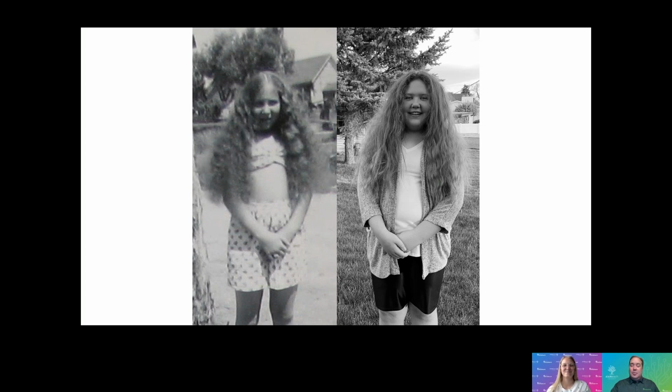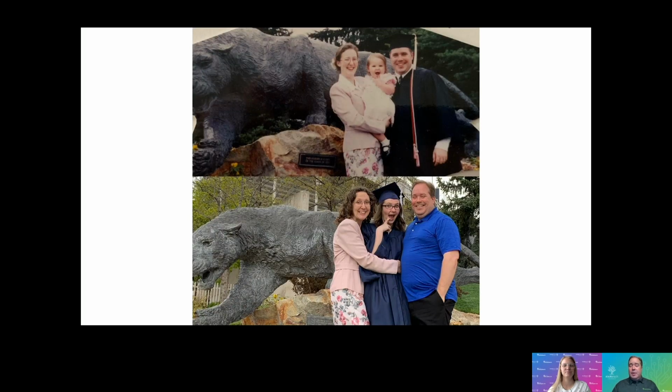And then one I just wanted to throw in. We actually did this a few years ago, but this is with my oldest daughter when she graduated from BYU. She was at my graduation when I graduated from Brigham Young University, and then basically 19 years later, here's my daughter at Brigham Young University. We're standing in the same spot, and she's graduated from BYU. That was just a lot of fun to go recreate that and put that together, and the memory that it is.